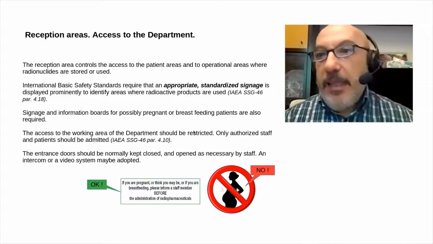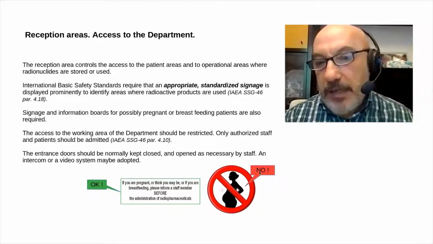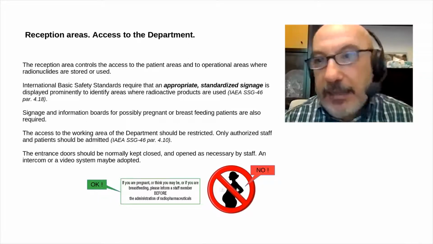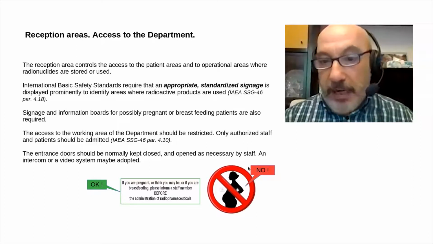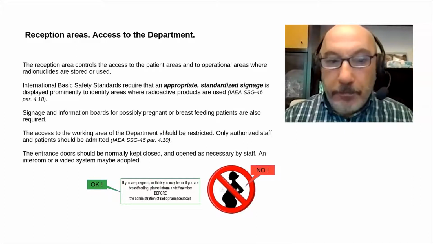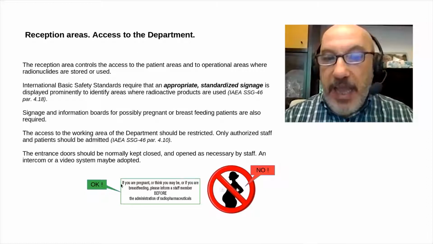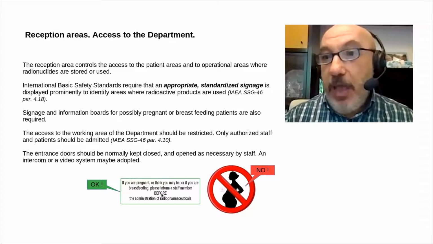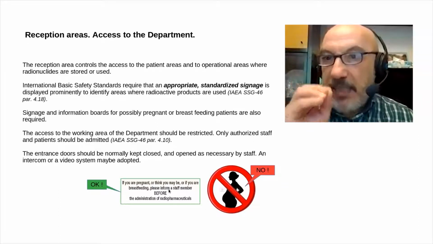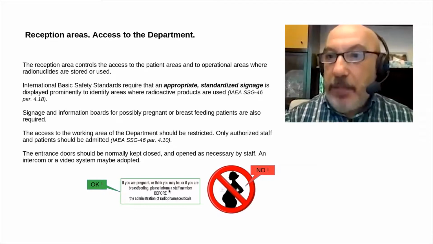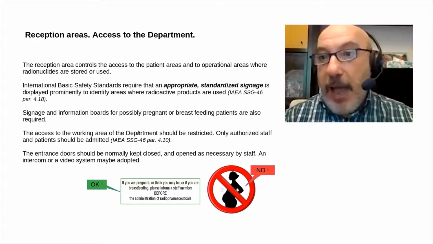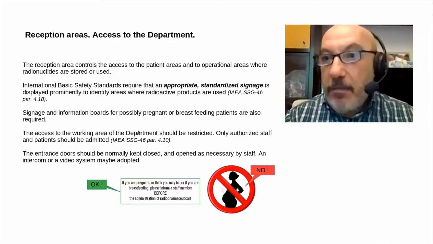Please be aware that the type of information conveyed by signage telling that access is completely forbidden to pregnant patients is fundamentally wrong. The ICRP and the IAEA suggest that the information given is: if you are pregnant or you may be pregnant or you are lactating, inform the staff, because this is the key message. The staff can decide if the patient is appropriate to access the department or not, because there are situations in which it is appropriate to perform a scan also on a pregnant patient.